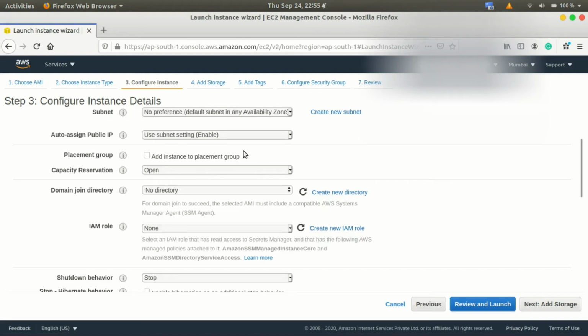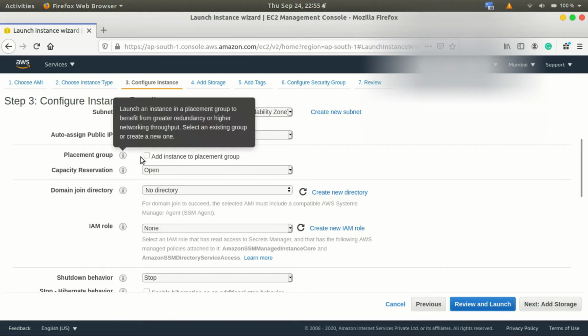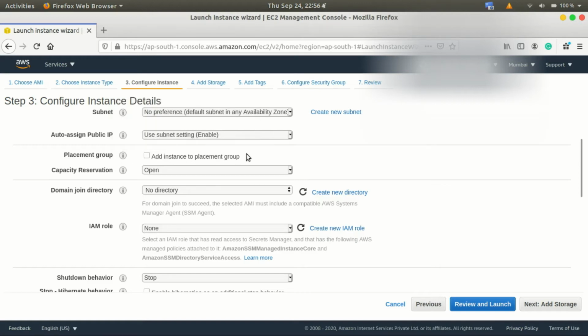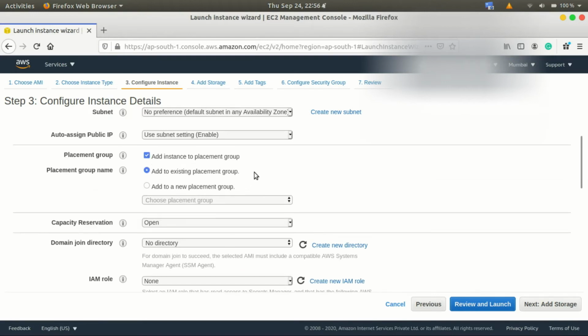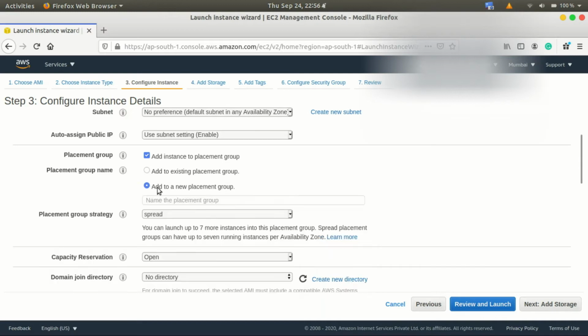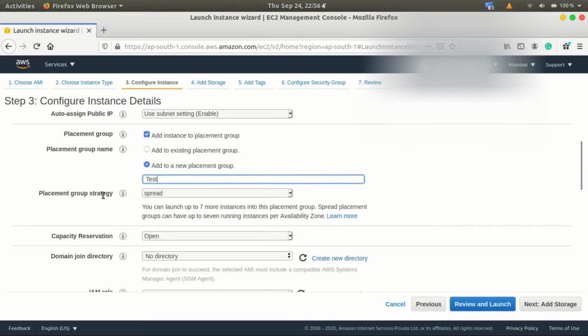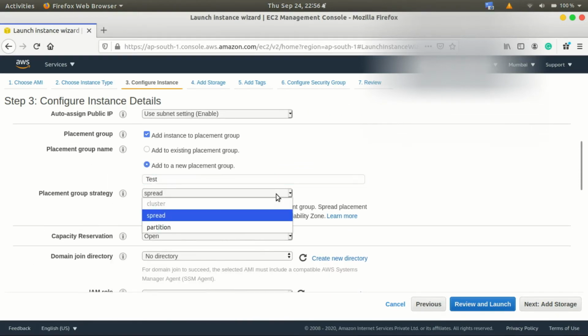On a high level, if I want to tell you what a placement group is, you just need to select your instance. Let's say I'll click on this and I'll show you. Let's say you don't have any existing placement group now. I'll go to add to a new placement group and I'll give, let's say, test. If you see in the placement group strategy, there are options of spread and partition.